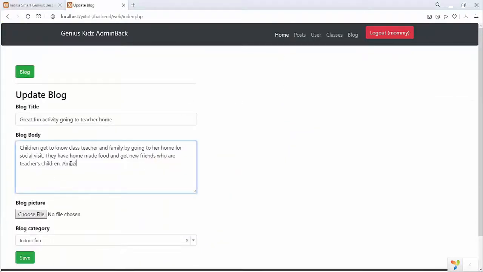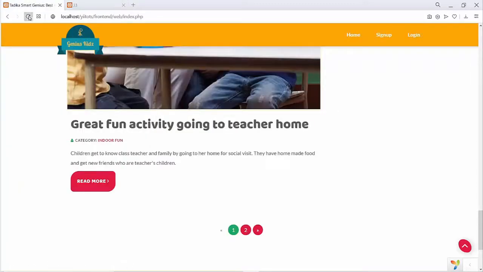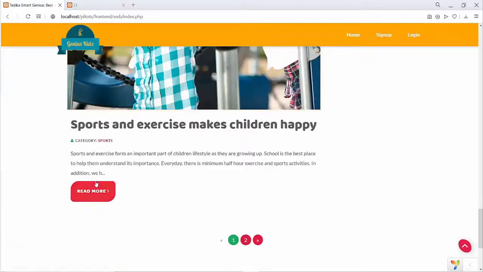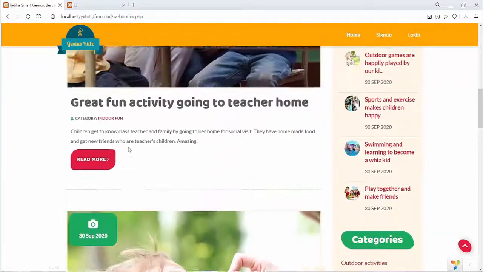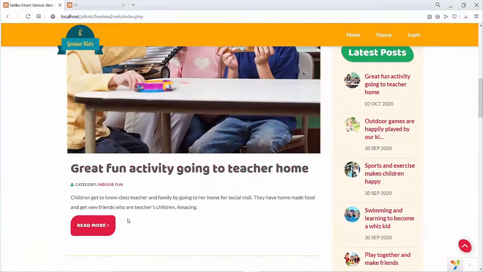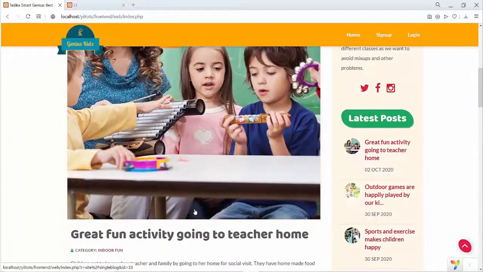Amazing. Let me put amazing, the extra word, right? I just save it. And then let's refresh this. You can see that great fun activity going to teacher home, amazing has come in, right? So that is how the backend works.